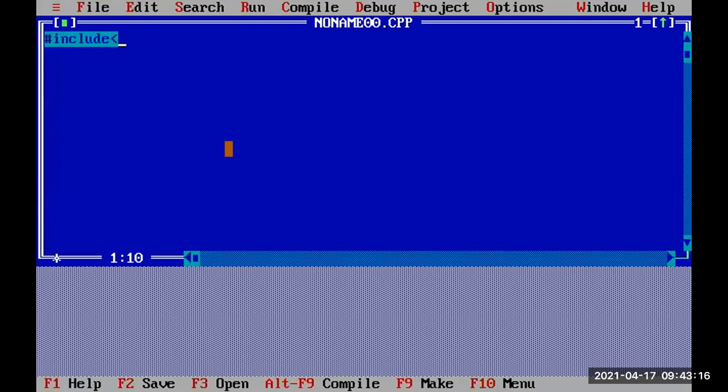Hash include stdio.h. Next, hash include conio.h. Okay, main. We are using void main here because we are using a C++ compiler. That's why I am giving void.